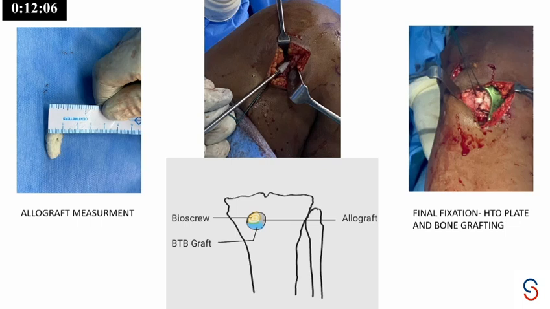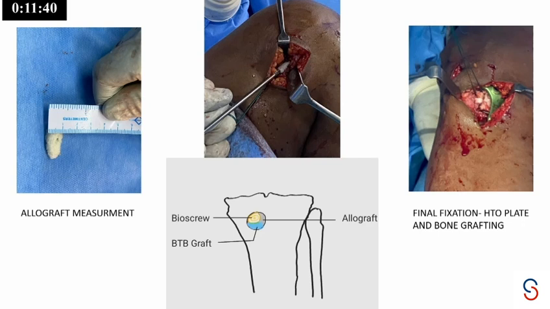I never use metal screws in any of my BTB cases, primary or revision. I'm happy with these biocomposite screws. Never given any trouble till now. One more point: the standard companies have withdrawn the metallic screws. You only get bio screws now. No, local companies, yes, but MyTech, I have asked them to give metallic screws. They say